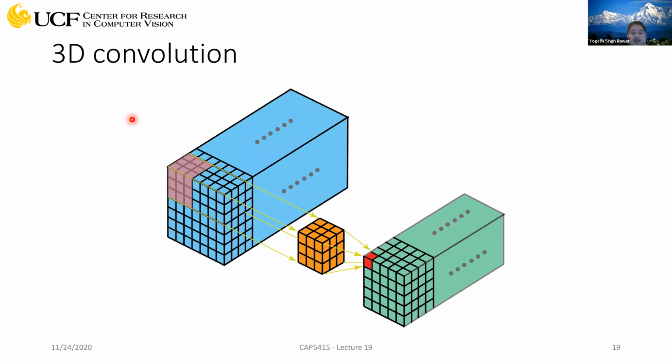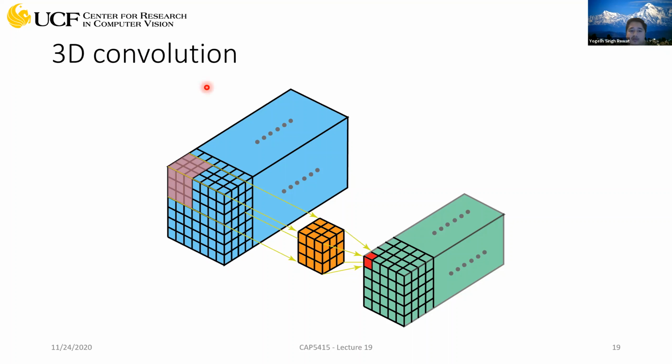We will start with C3D. I think this was the first deep architecture, one of the first architectures, proposed for video classification. And the idea is very simple. You take a 2D CNN architecture, and instead of performing 2D convolution, you perform 3D convolution. All right. So the difference is that in 2D convolution you ideally have a 3D filter, right? Because it will have height, width, and also depth. So you're performing 2D convolution, but your kernel is actually 3D.